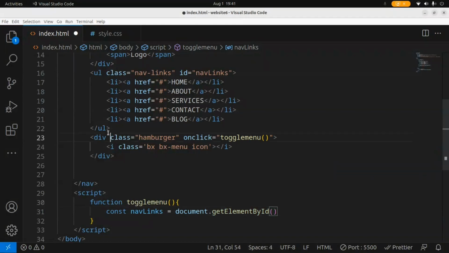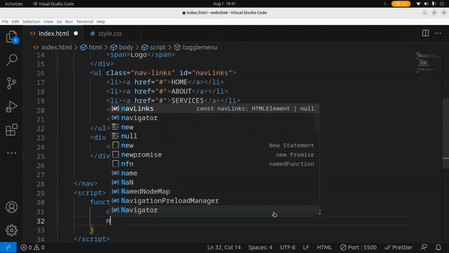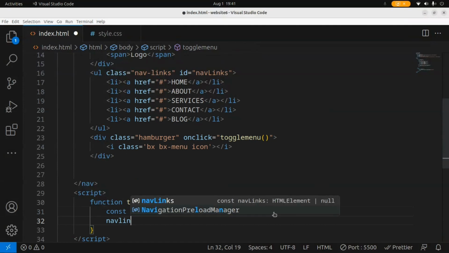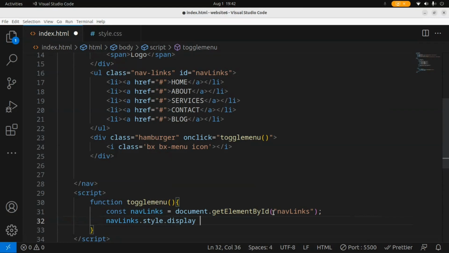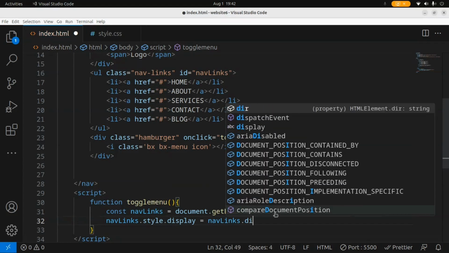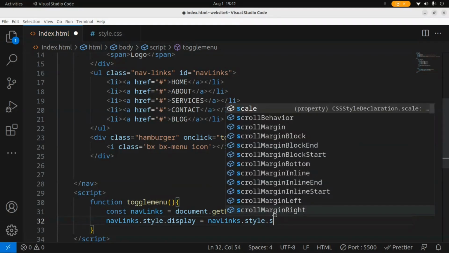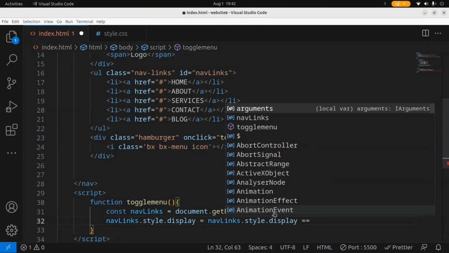We'll get the ID of these links, nav links. So on click, we are going to change its style. We are going to change the display of these nav links. Nav links dot style dot display equals to